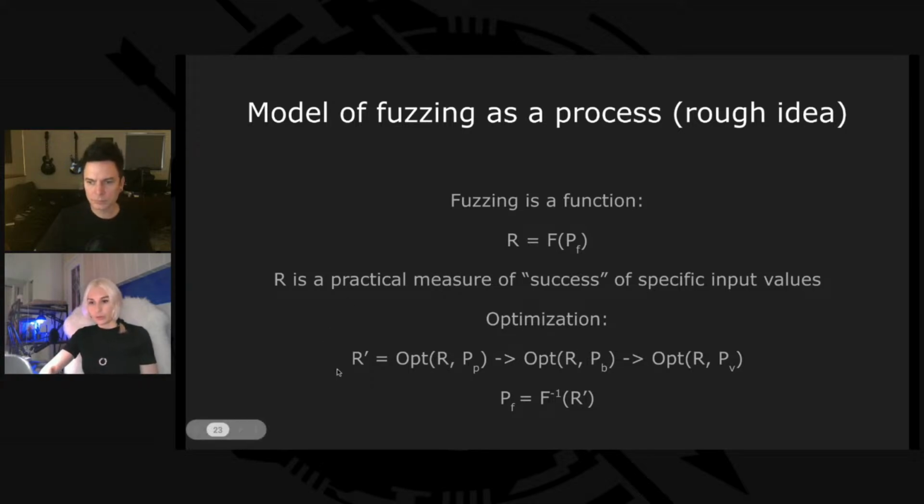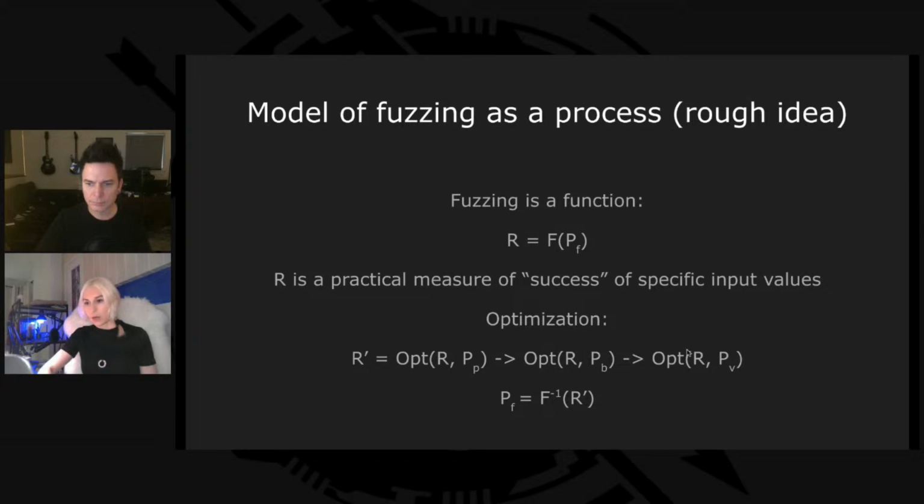We need this practical measure in order to optimize fuzzing. We can devise some sort of cost function and optimize fuzzing by letting the results array, which was the output of the fuzzing function, be optimized against, first, the probability distribution of the program, so moving fuzzer success closer to the valid program inputs. Then we can optimize it against those inputs that discover new branches, for example, and further optimize it toward the probability distribution of vulnerabilities.